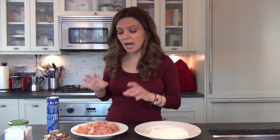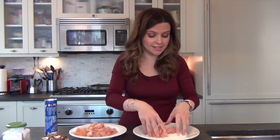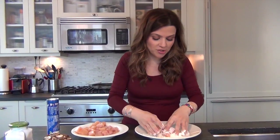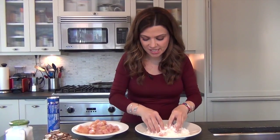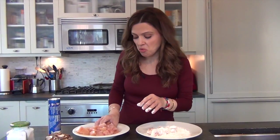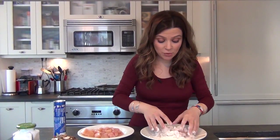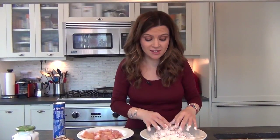In the meantime, while our vegetables are cooking, I'm going to dredge the chicken cubes with a little bit of flour. You will notice that I do that in batches because the pan is not a very big one and you don't want to crowd it too much. So I'll just lightly dredge it, say 2 handfuls at a time, and then I will let them be until the rest of the